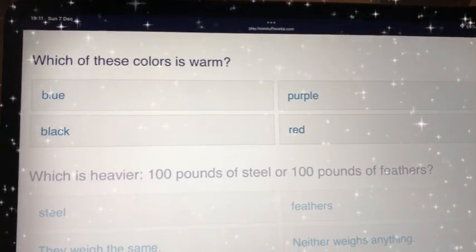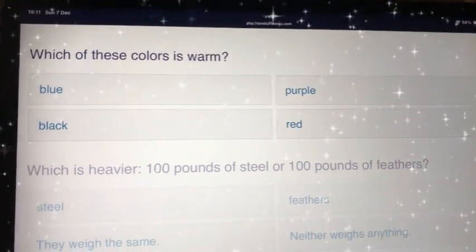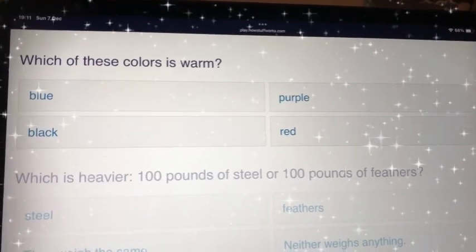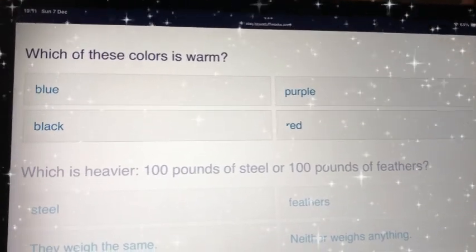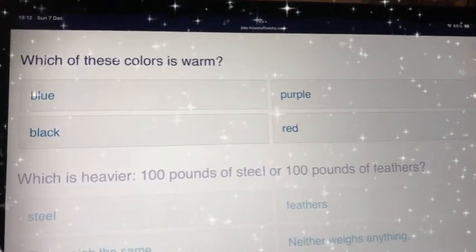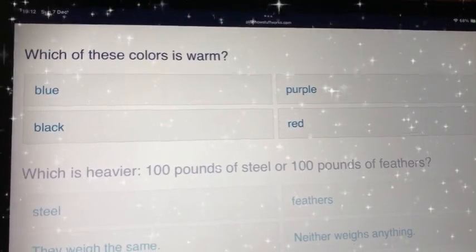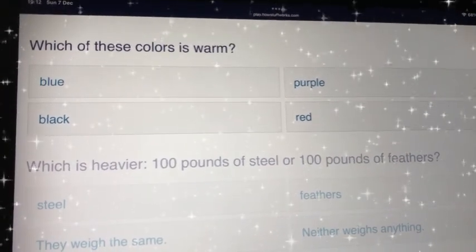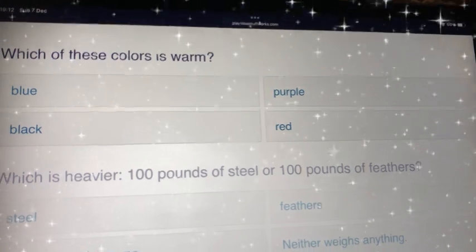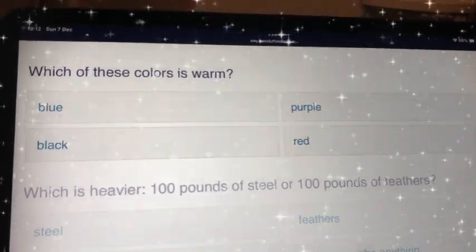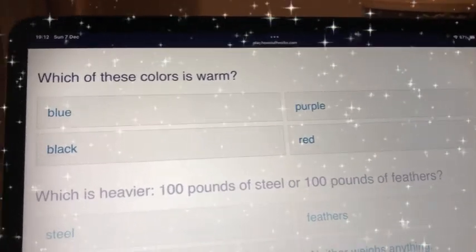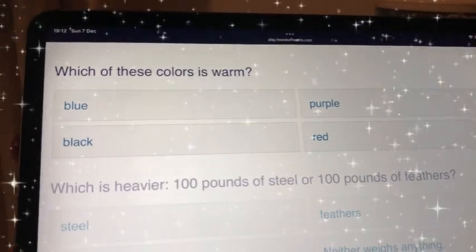Okay, interesting. Which of these colours is warm? Blue, black, purple or red? So again, what do you associate with? Well, blue I associate with something that's cold, so it's not that. What would I associate black with? Space, really. Black's sort of nothing. Purple, no. Red, I would go with red because when I think of red, I think of hot things like orange. So I'm going to go for red,